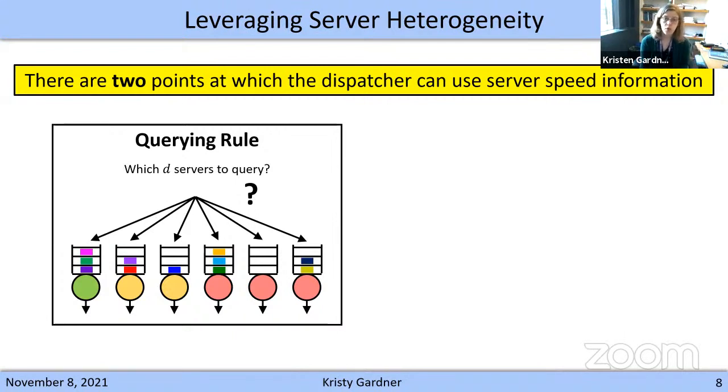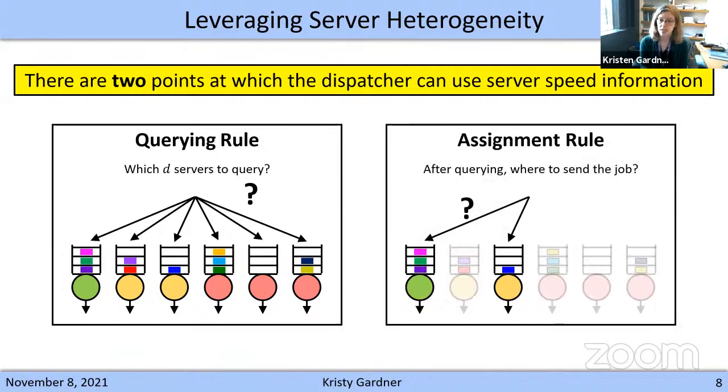The second point where we can use our server speed information is in the assignment rule. The assignment rule answers the question, after we've queried our d servers, where should we send the job? This is the point at which SED is using our server speed information. Now, most heterogeneity-aware policies in the literature tend to use server speed information at only one of these